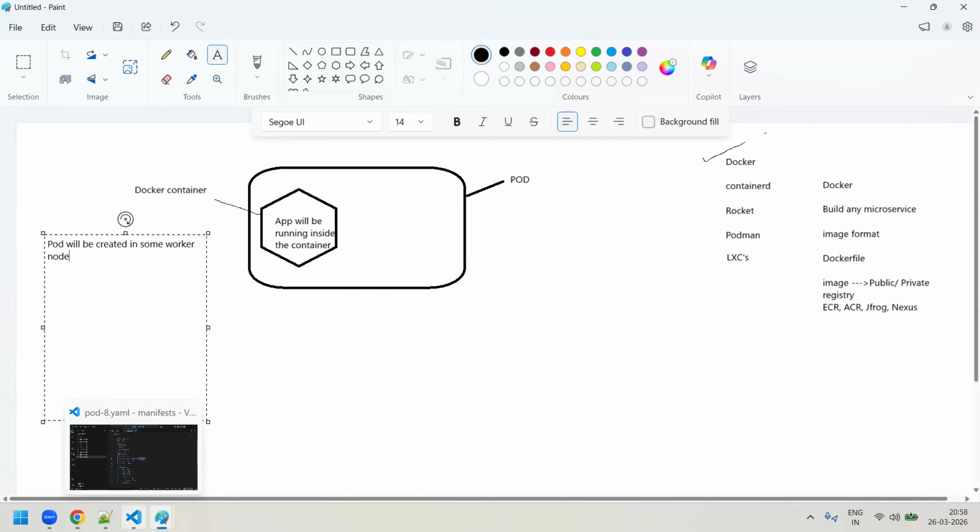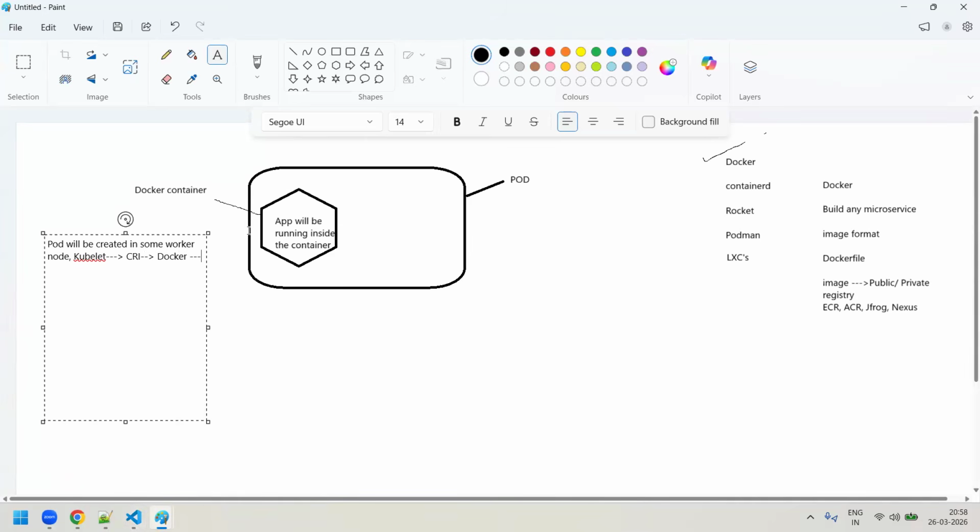And in that worker node, guys, there is something known as a kubelet. This is an agent which will be running inside your node. Whenever a pod has to get created, the kubelet agent is going to refer to the CRI, the container runtime interface, which would be running inside it. So consider it as Docker, the technology which is being used. This CRI in turn calls the Docker, and the kubelet is the one